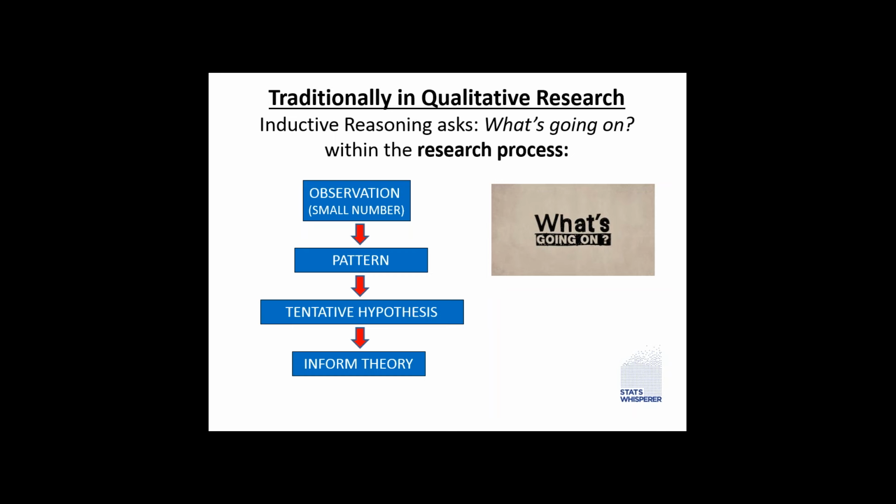So the researcher notes patterns, kind of an inkling of what's going on, right? So a tentative hypothesis is developed, right? So what's going on is, A is related to B, or B happens because of A, right? So it's a tentative hypothesis, and it begins to inform theory, right? A theory of what's happening and why, right? Next,